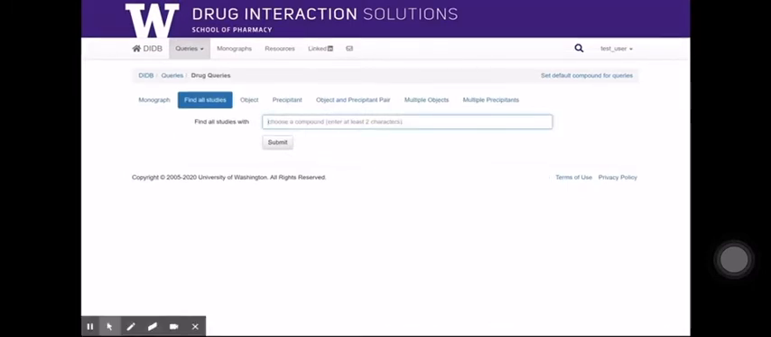You can do a broad search under Find All Studies. For more specific searches, you can do so under single or multiple objects or precipitants. In DIDB, a compound is considered the object when it is the substrate or victim. When the compound is a causative agent or perpetrator, such as an inhibitor, inducer, or activator, it is considered the